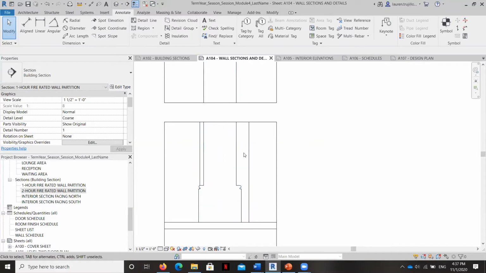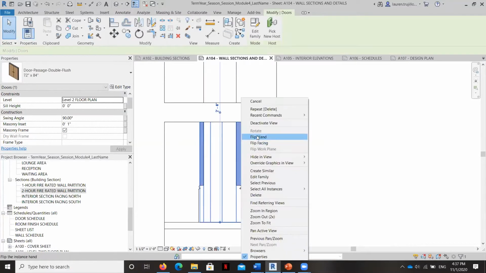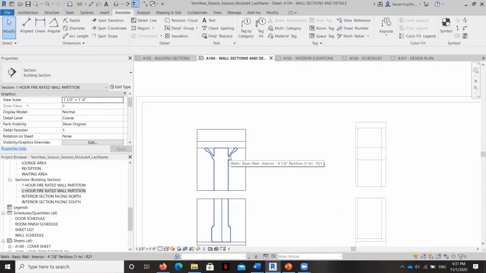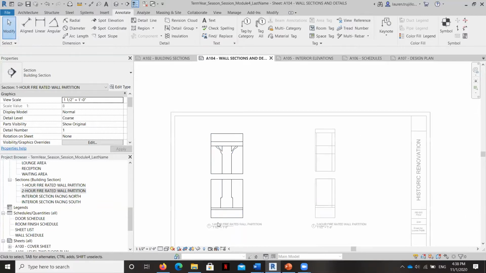Right now what you're seeing here is the door, and if you hover over you can see, and I'm going to right click and hide that in view, because what we're doing is we're detailing the walls that are all this same type, not just this wall that just so happens to have a door in it. So that door is showing up because I took a section cut of a wall that had a door in it, but this wall type, there's versions of this wall that don't have doors in it. So that's why we want to go ahead and hide it.